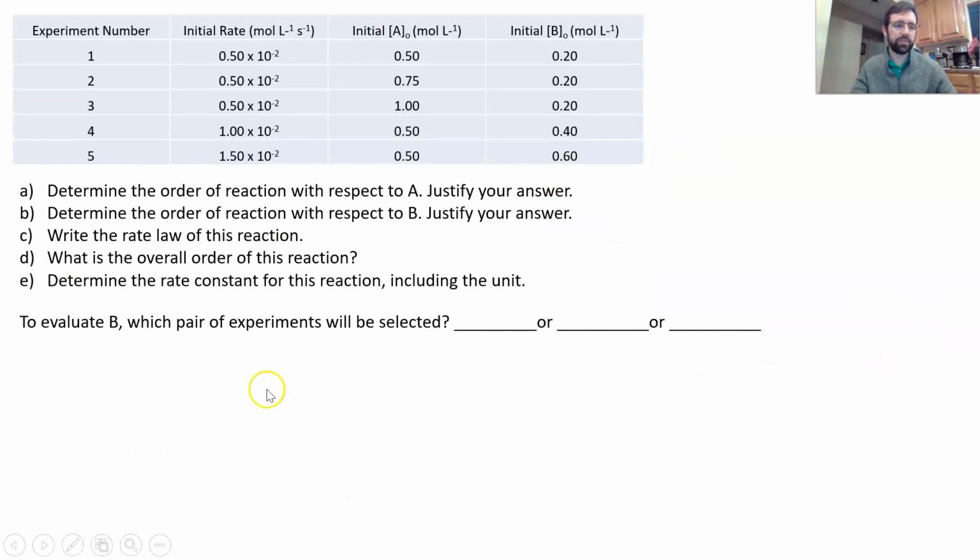So the question here, to evaluate B, which pair of experiments would be selected? Well, you would be able to choose from a few of them. So 1 and 4, B is changing, but you've got 0.5 for A in both cases. We've got 1 and 5, because A stays the same, B changes. Or we could do 4 and 5 in both, and then in 4 and 5, A does not change,